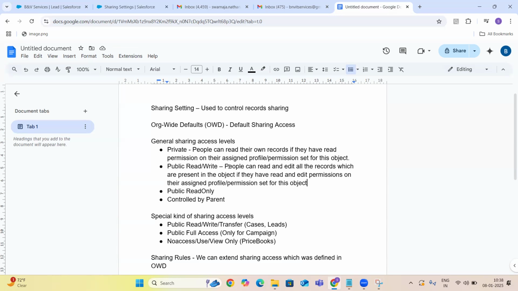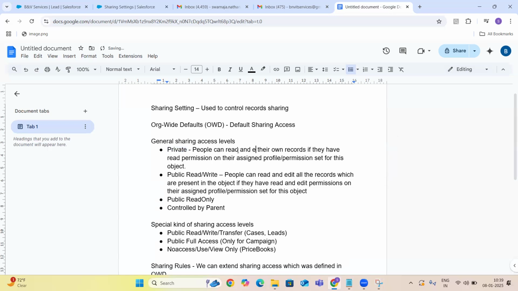If you have edit permission and your OWD is public read write, then you can edit the records. If you have read and edit permission and your OWD is private, still people can read and edit, guys. Here also they can edit it.